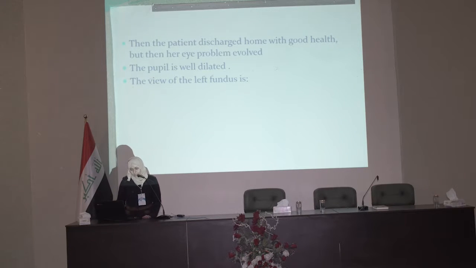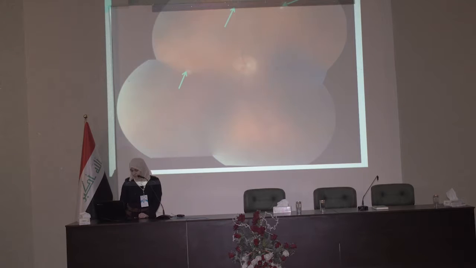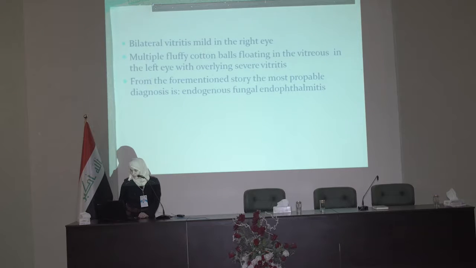The pupil is well dilated. The view of the left fundus is this view, with this lesion in the periphery of the left eye. Bilateral vitritis, mild in the right eye, with multiple fluffy cotton balls floating in the vitreous in the left eye, with overlying severe vitritis. The view previously,